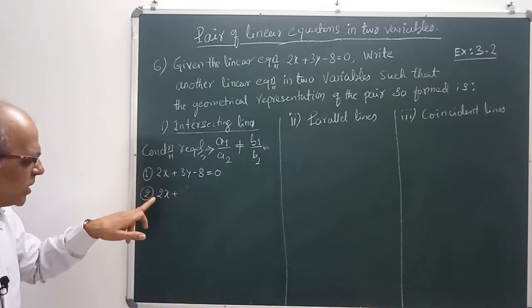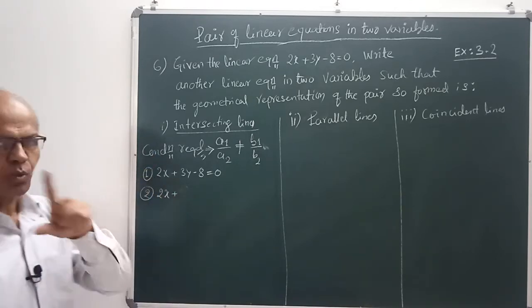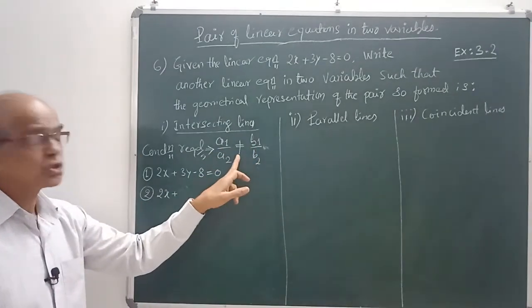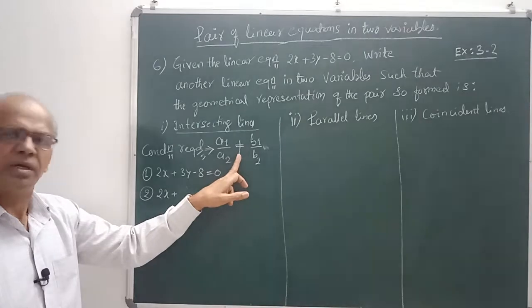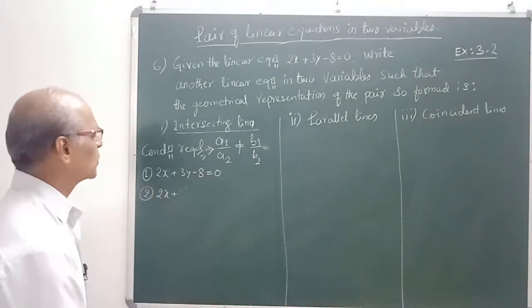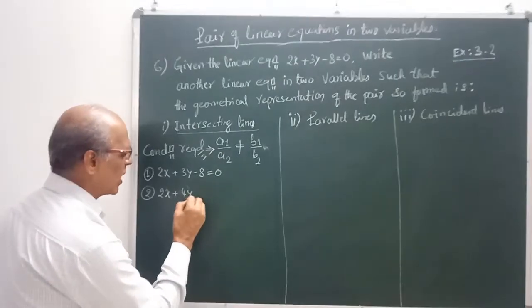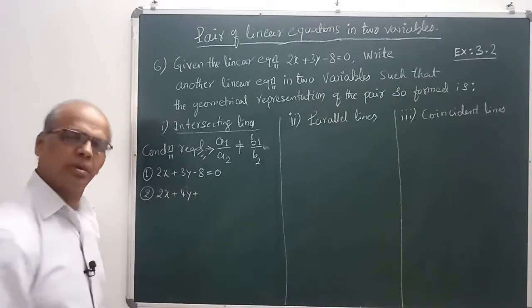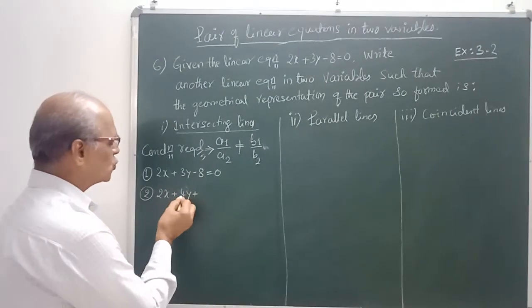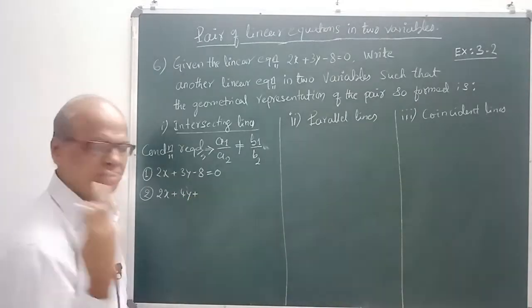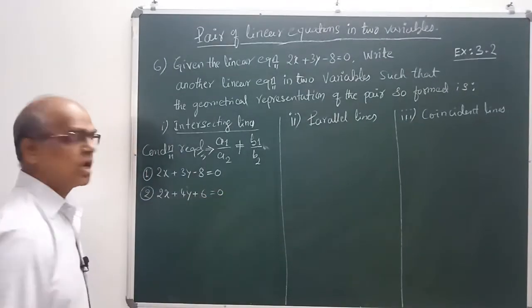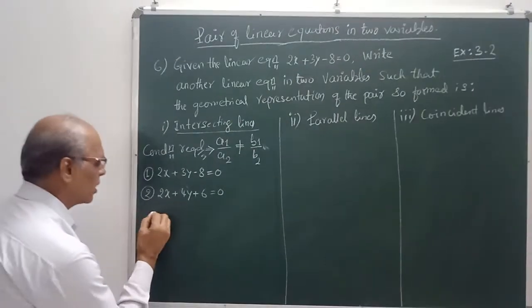here 2 by 2, you will get the answer 1. A1 by A2, 1 you will get. B1 by B2, it should not be 1, isn't it? So that way you have to frame it. So let me take it as 4y, that is 2 to the 4. We just take plus, minus also you can take. 2 twos are 4 and 2 threes are 6 you can take, is equal to 0.